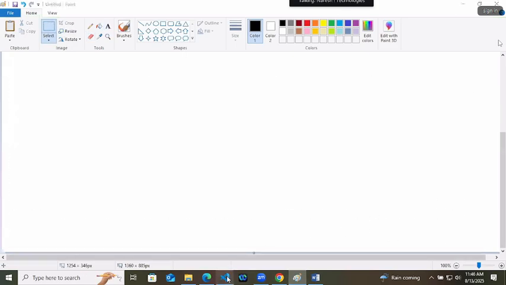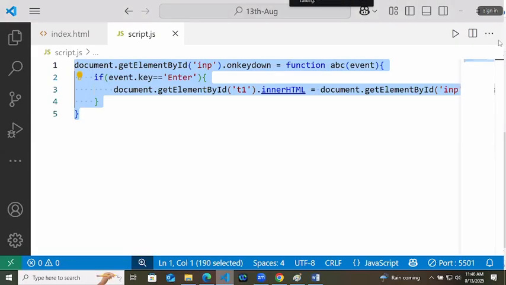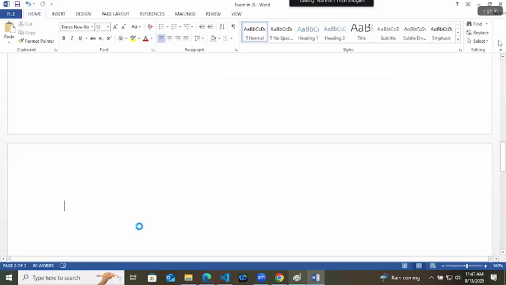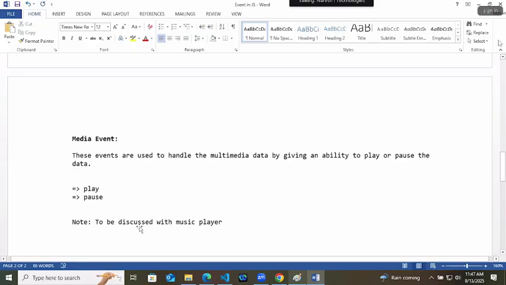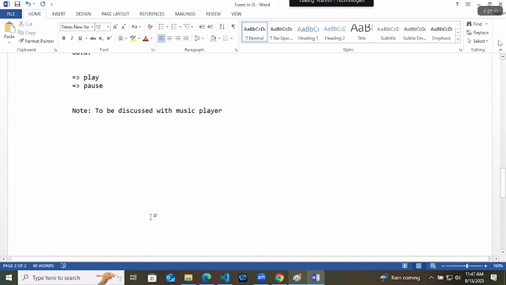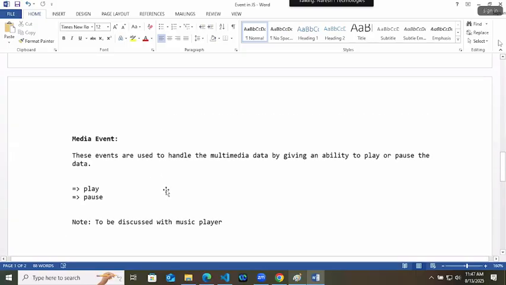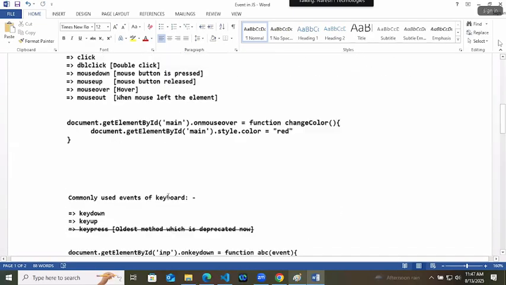Building the music player is very easy. What is the difficult thing? That at one time only one music should play. That is difficult in that. You can add simply multiple divs, one picture, one audio tag in the bottom. You build the music player. But handling that at one time one music should play, that is the difficult thing. So these all are the events in JavaScript that you can handle.